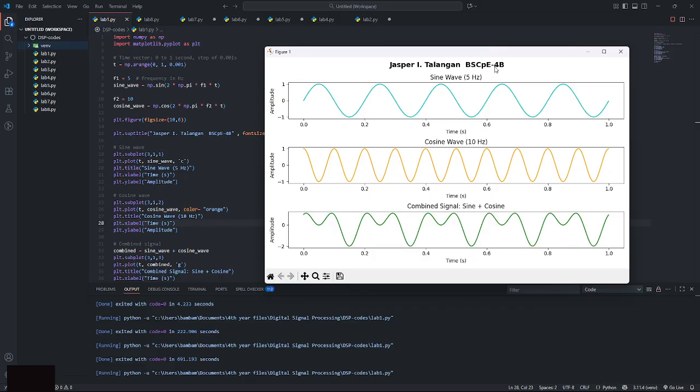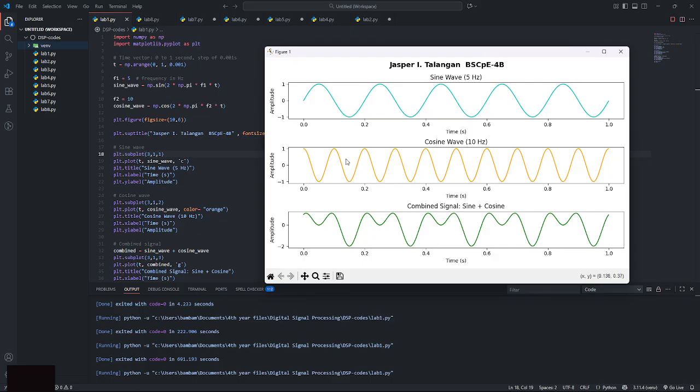Next, it displays the subplot for the sine wave, which is 5 hertz, in color cyan.